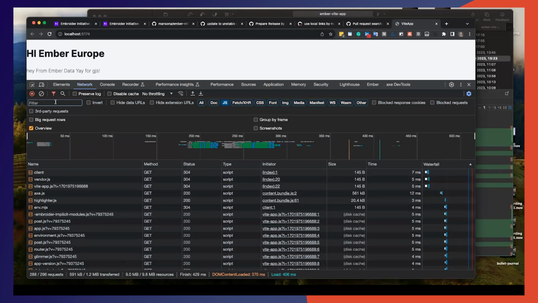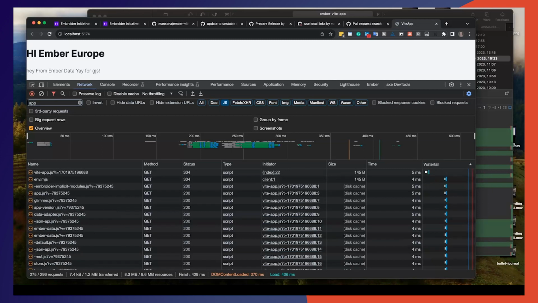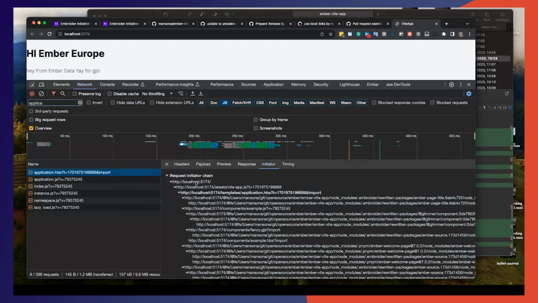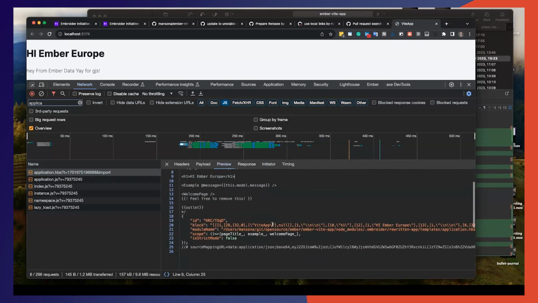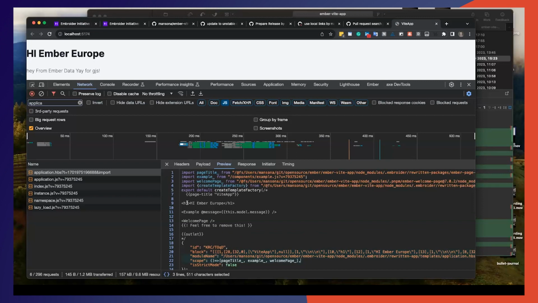So what we are looking for here is if we look for application HBS, we get to see the actual content of the application HBS. Helpfully, it puts a little comment of what the template looks like, because there's a lot of stuff happening here. This is the wire format of an Ember template. You can see here that it loads that directly. But you can also see other things. So in our example, if we look for example,